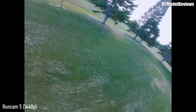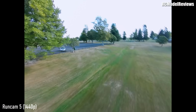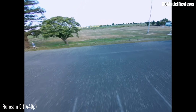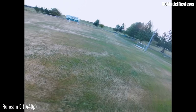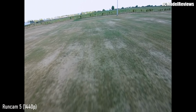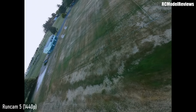But this gives you an idea, it really does move, this little quad. It hikes along. I'm not really pushing hard. I didn't really have enough camera angle on during this flight, but it flies really good. It honks and it'll do rolls, it'll do loops. What more could you wish for? So I'll leave you to enjoy this absolutely abysmal attempt at doing some freestyle and some proximity, and I'll come back to you in a moment, because then the next day I went and flew at the local park